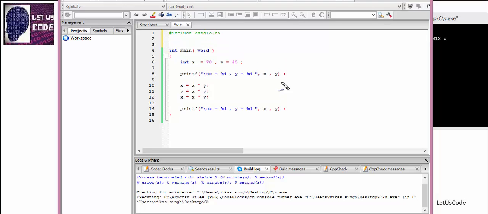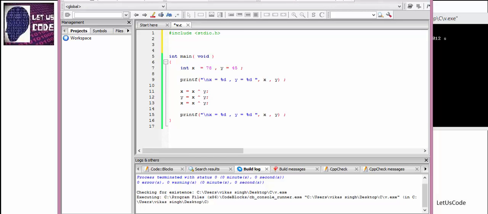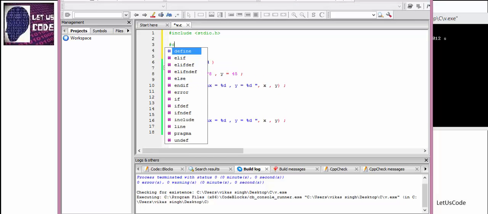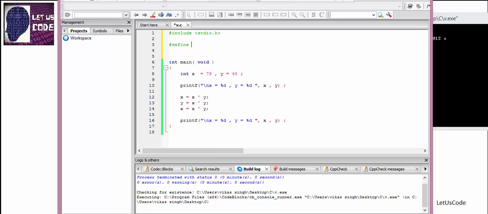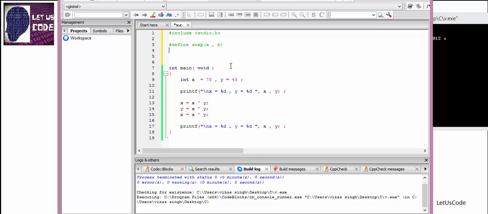Since macro is a preprocessor directive, it will always start with hash define and then the macro name. Macro name is swap, as we want to give the name swap to these three lines. Now to swap, we have to pass two numbers. Let us say X and Y. Now let us copy these three lines, copy,